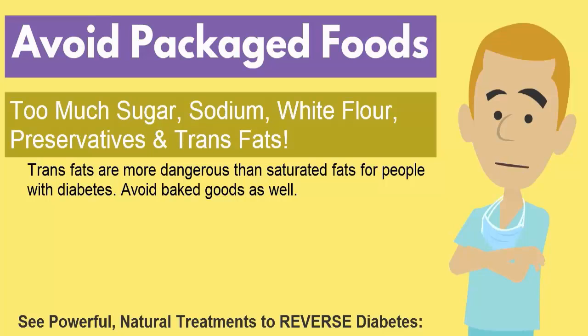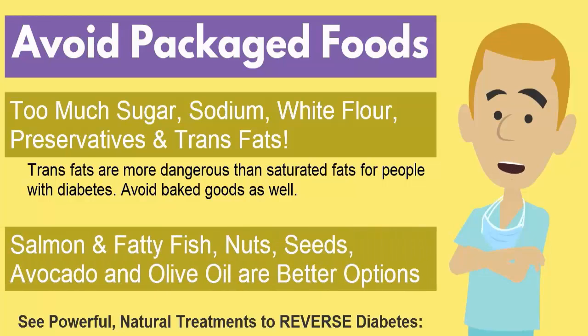Now, trans fats can really increase your bad cholesterol, or your LDL cholesterol, lower your good HDL cholesterol, and actually raise your risk of heart disease. So they're actually even more dangerous than saturated fats, especially for people who have type 2 diabetes. So no amount of trans fats is actually deemed safe for you to put into your diet if you do